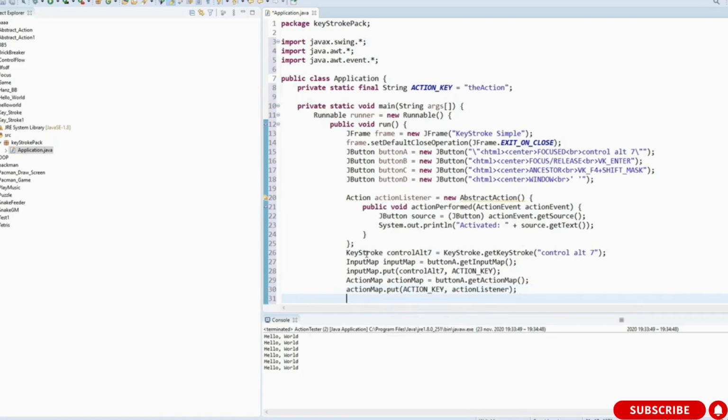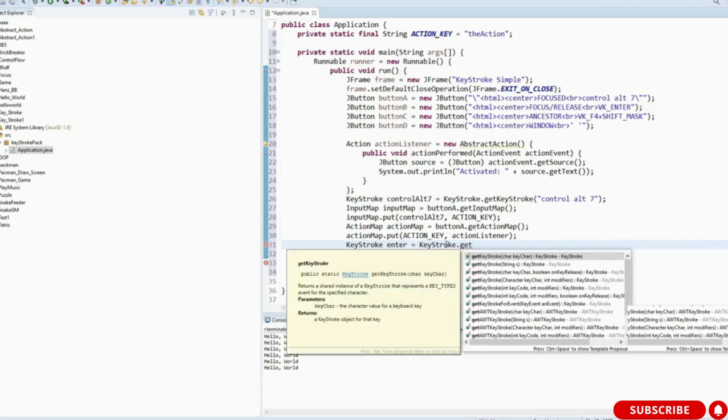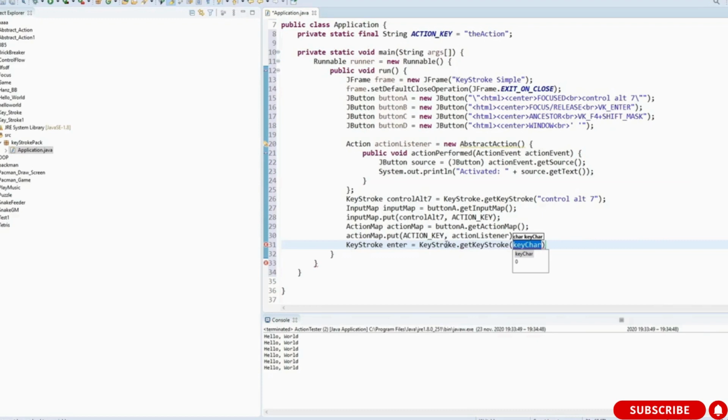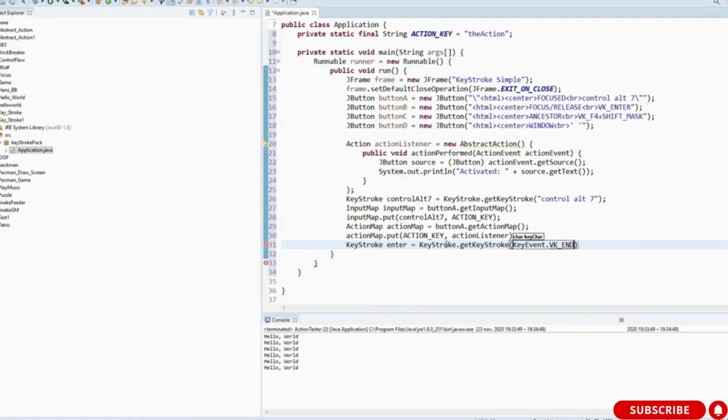Okay, let's create actually a new keystroke. So we created one keystroke, Control Alt 7, and let's create a new keystroke which is going to be called enter. And this will be equal to KeyStroke dot getKeyStroke. And here in the brackets, how we are going to initialize it this time, we are going to take a KeyEvent dot VK_ENTER, which means that we are going to take the signal from the enter button. Okay, and we're going to add some parameters, 0 and true. Okay, 0